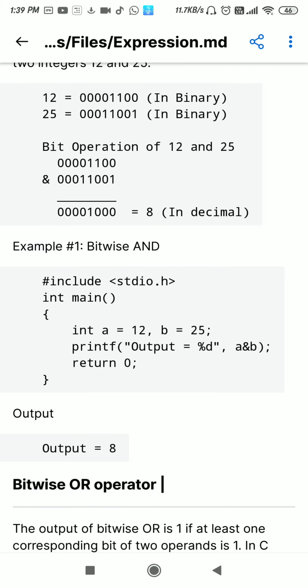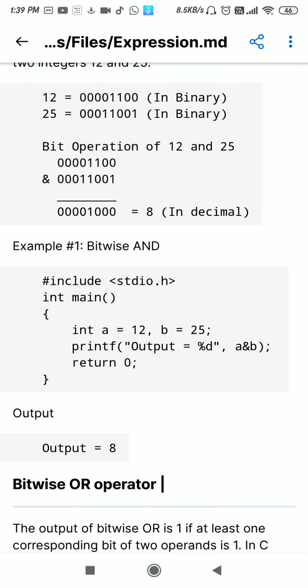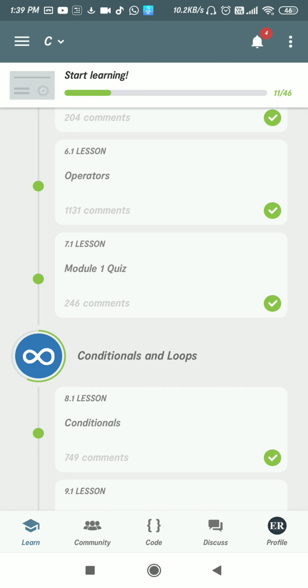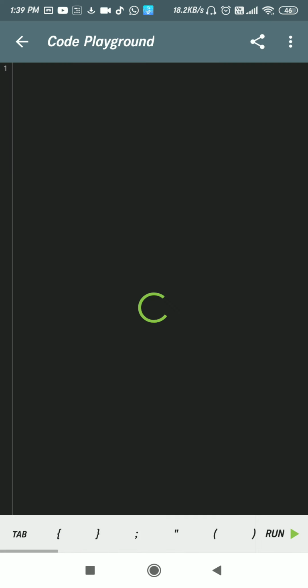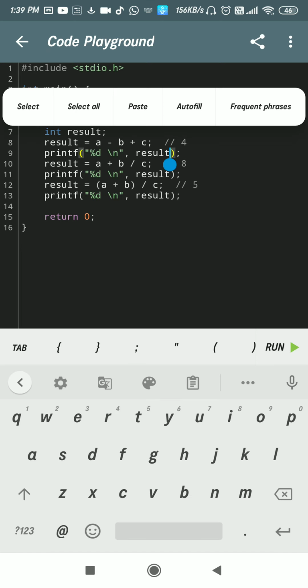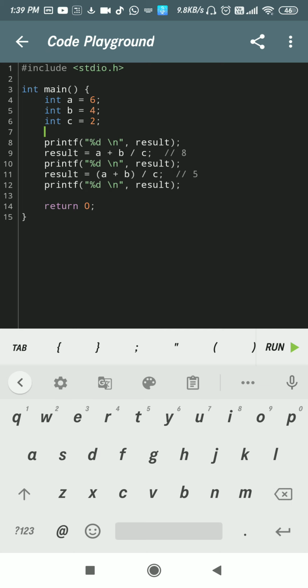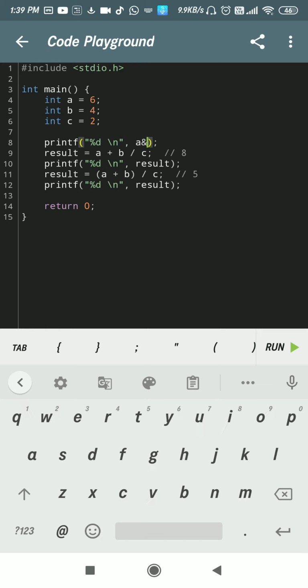Okay, so let me use this also. This is a good example. So see here, if I try to apply here, I'm just showing you one example of that. So I have A and B. It means 6 plus 4.